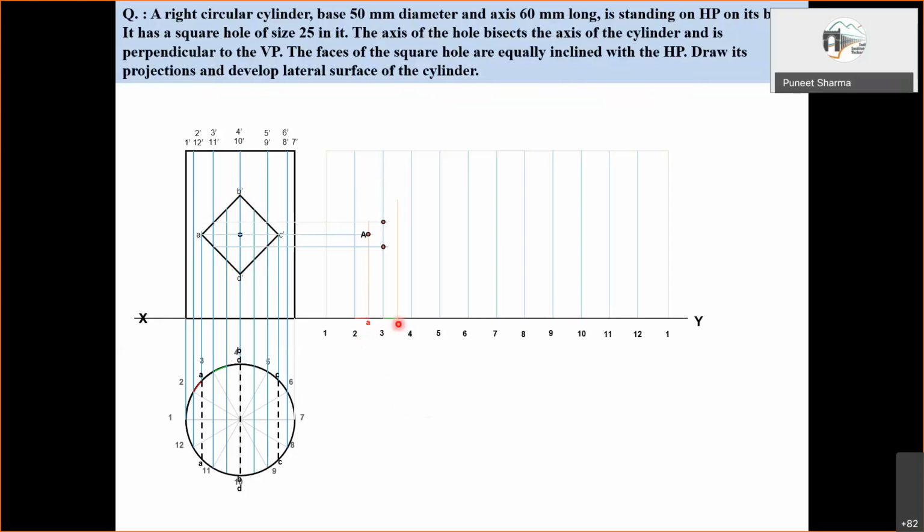Then this additional point between 3 and 4, so as to have more points, so that we'll be able to get a better shape. So these are the extra points we discussed corresponding to this. Then of course B and D are to be located on 4 as we discussed.